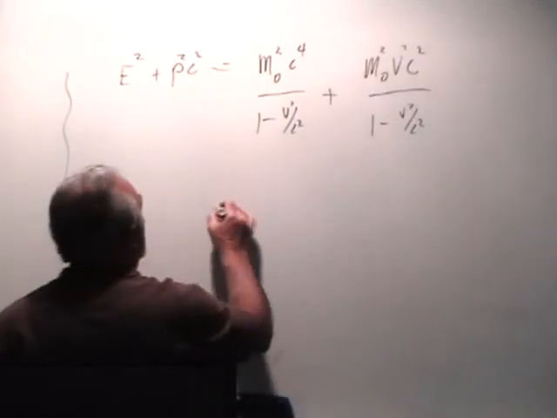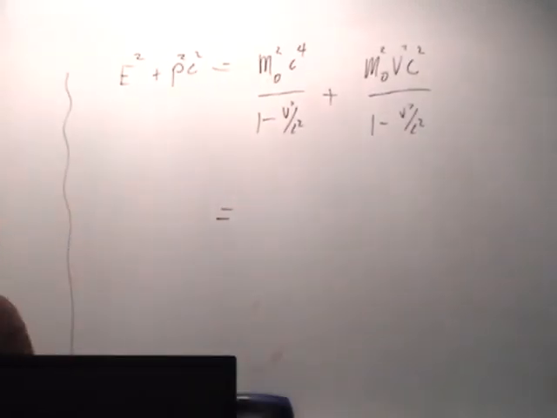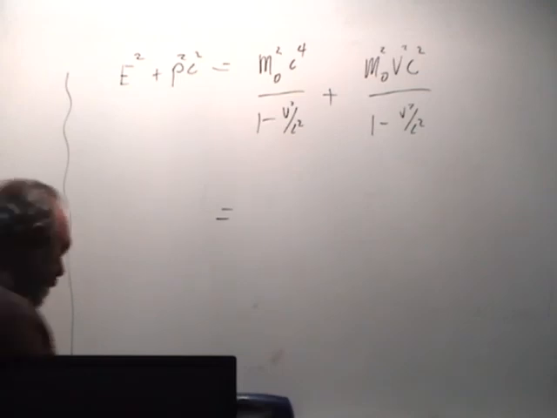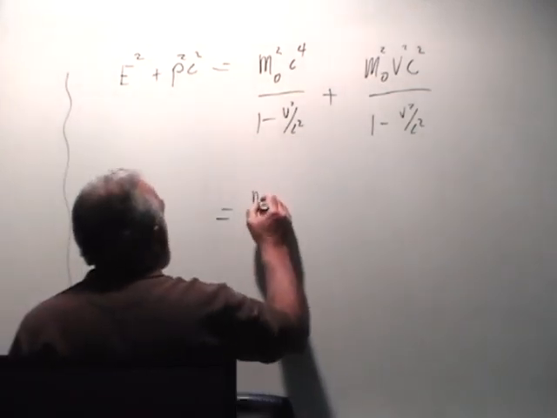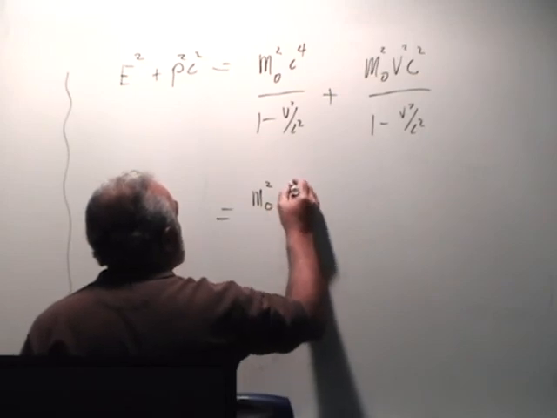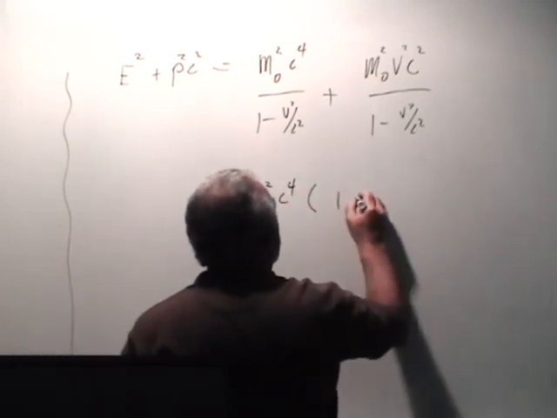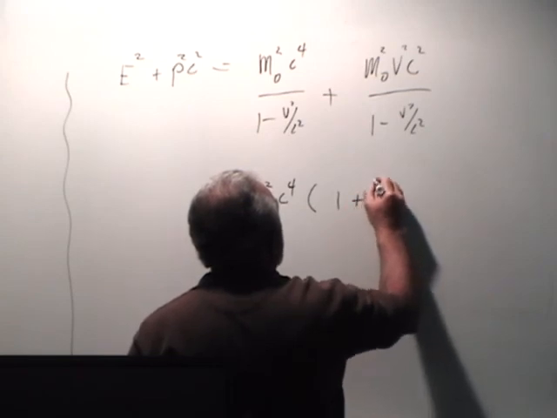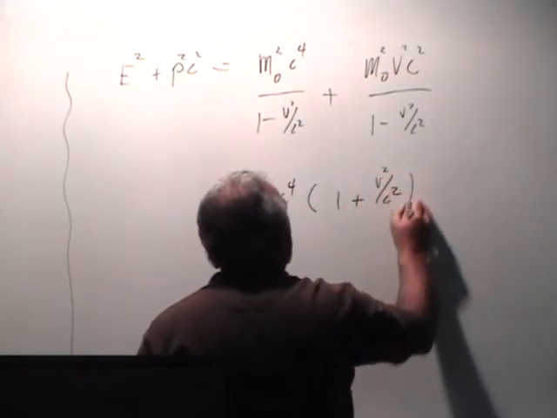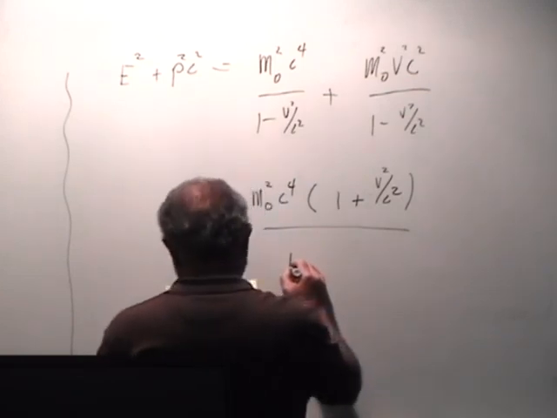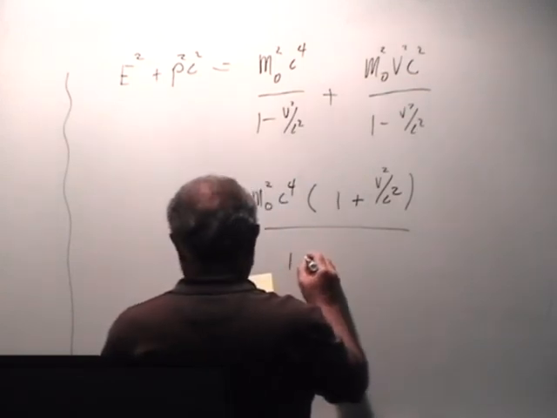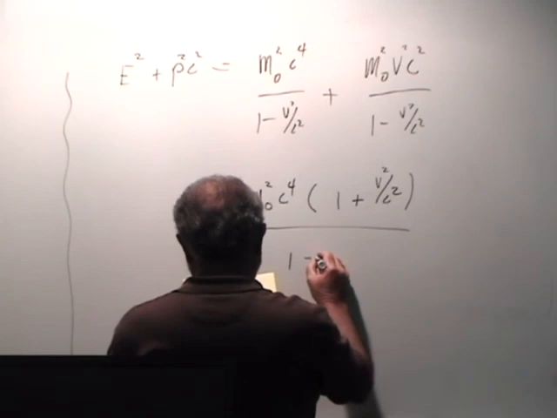But I have this idea. Why don't we factor out? Look, we can factor out m naught squared c to the 4th. Can't we? We can. Watch. I can do it for the fun of it. M naught squared c to the 4th times 1 plus v squared over c squared divided by 1 minus